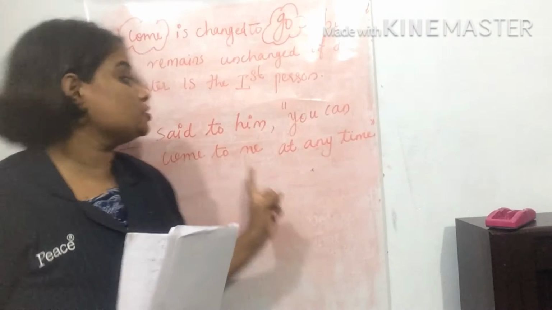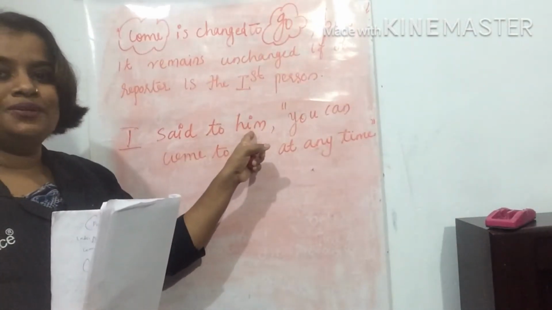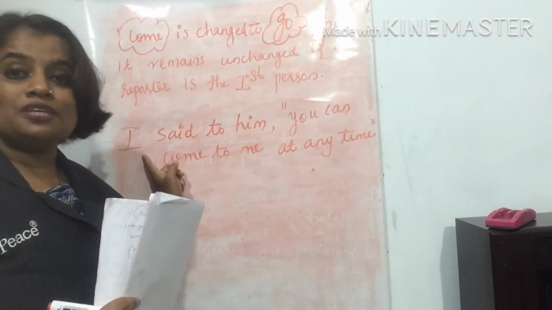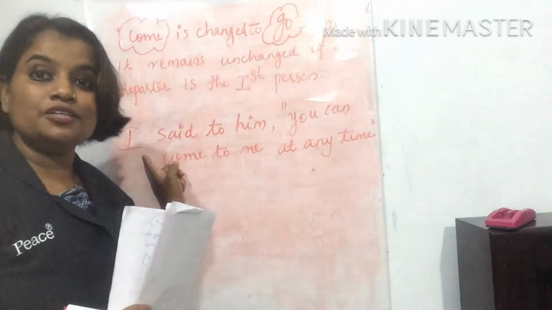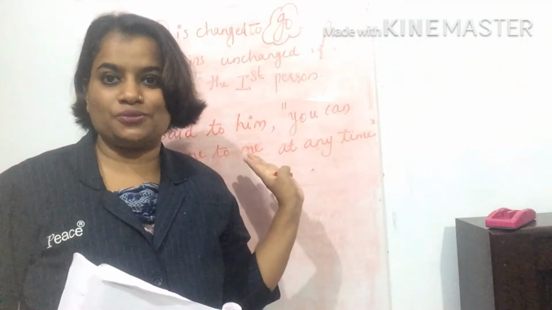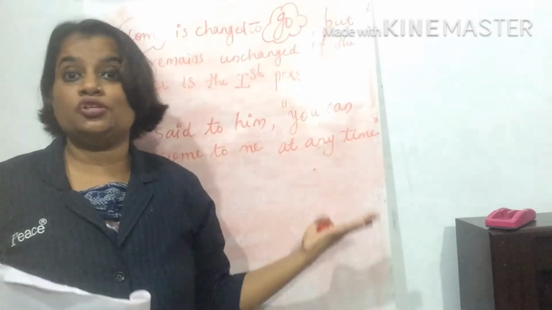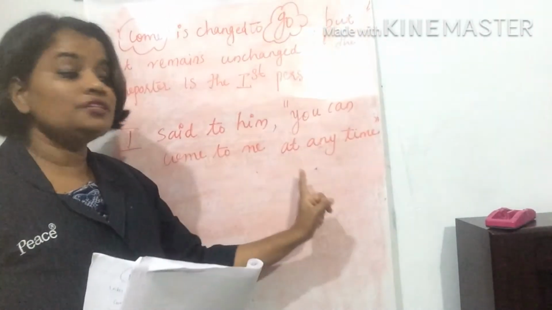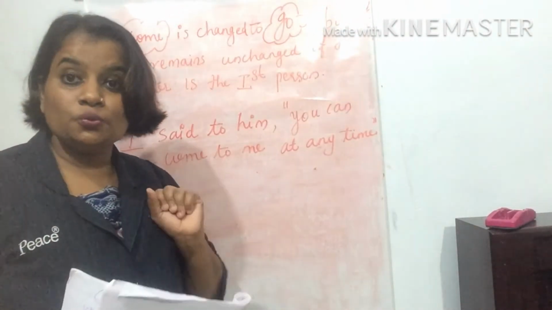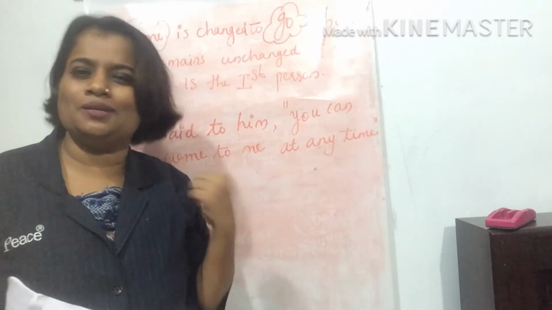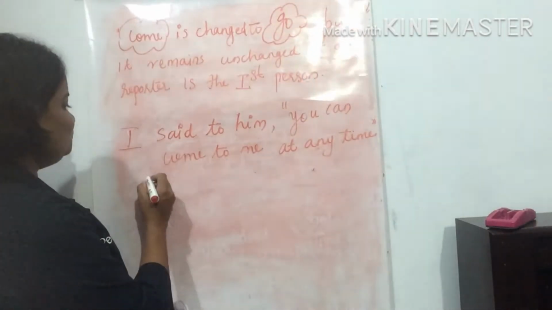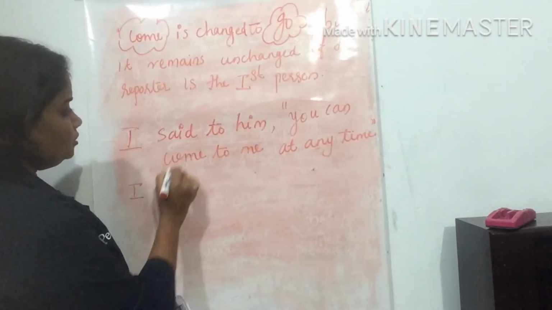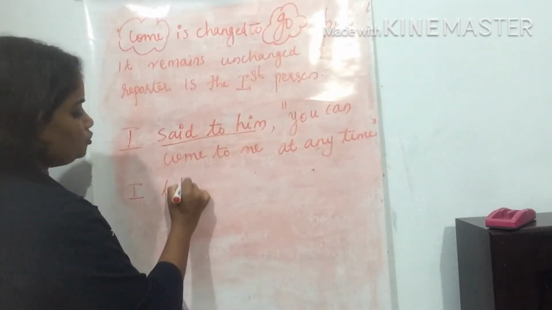Look at the next statement. I said to him. Who is the reporter over here? That's the first person. If the reporter of the statement is the first person, it remains unchanged. Come never changes to go. I said to him, you can come to me at any time. So, are you ready to transform the statement? Then come, let's try. I said to him, I told